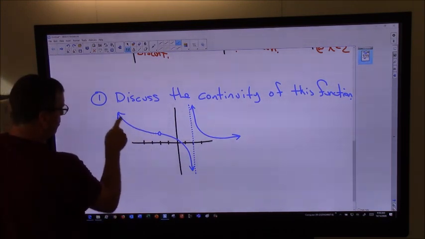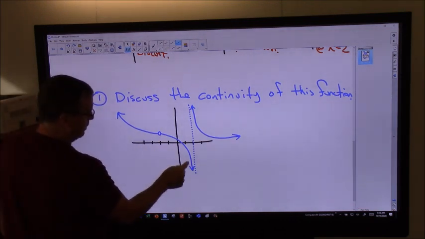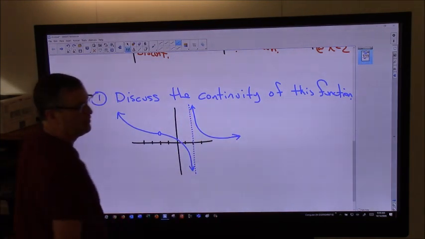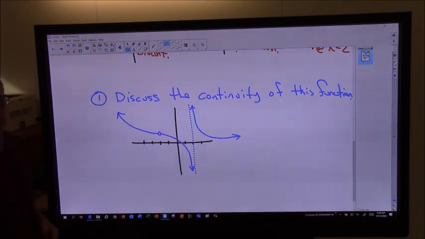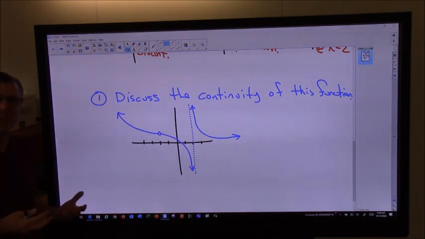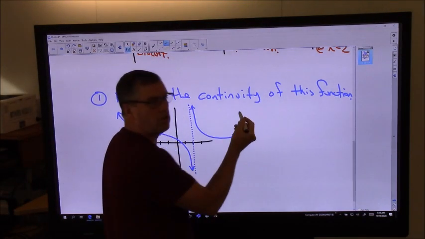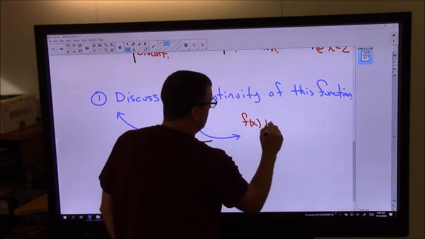I could draw this whole part of the function without lifting my pencil. I could come over here and I could draw this part without lifting my pencil. And I could draw this. All right? So, and when they say discuss, that doesn't mean sit there and have a discussion with yourself. They actually want us to write it down. Okay? So I would say that this function, I'll just call it f of x. F of x is